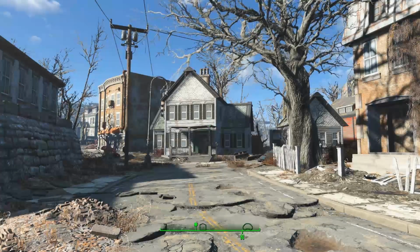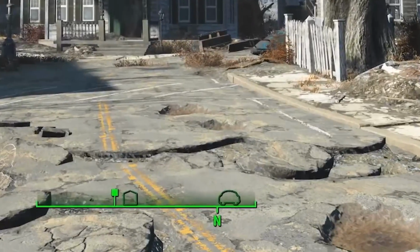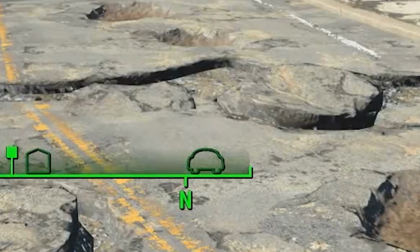Something that I noticed right out of the gate is that the compass at the bottom here features a car icon. My first thought was that perhaps this could be a nearby drivable vehicle, but I wouldn't go as far as calling this confirmation of that. It's certainly noteworthy though. Another possibility is that it's the location of a garage or a car workshop of sorts,